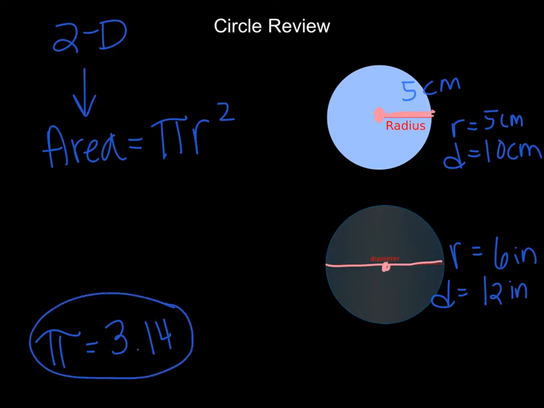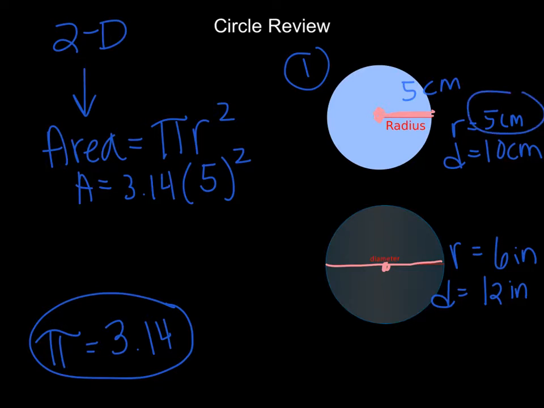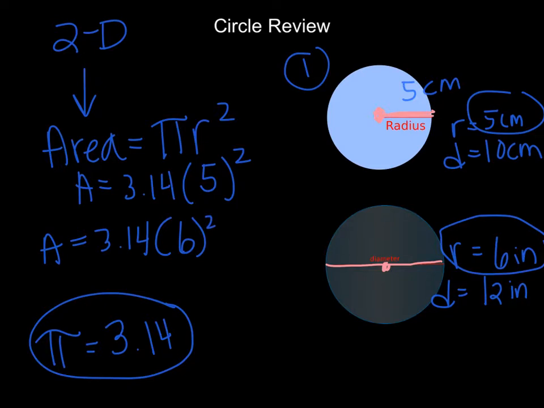So say I wanted to find the area of this first circle. I would find it by doing 3.14 times 5 squared, the radius squared. If I were finding the area of the second circle, again I would use 3.14, and in this case I would want to use 6 as my radius. And then these are things that I would just type into my calculator to get a final answer. So for this first circle, if I type in 3.14 times 5 squared to my calculator, I get